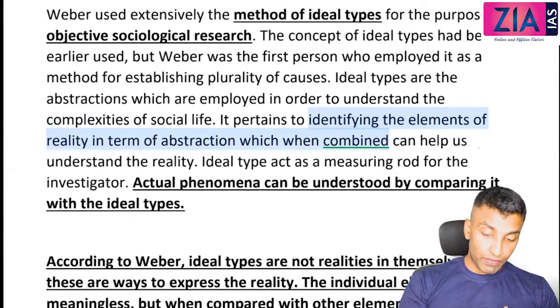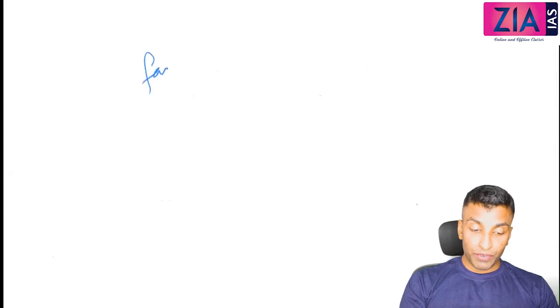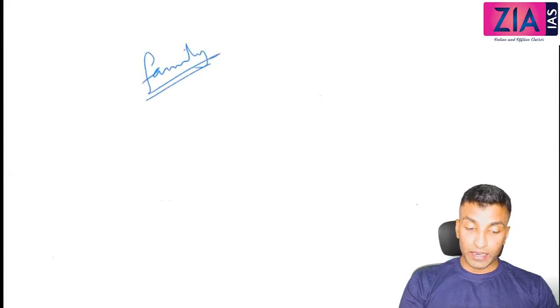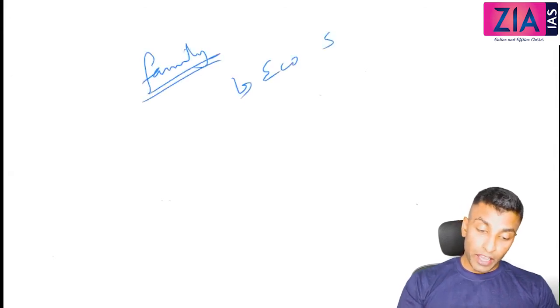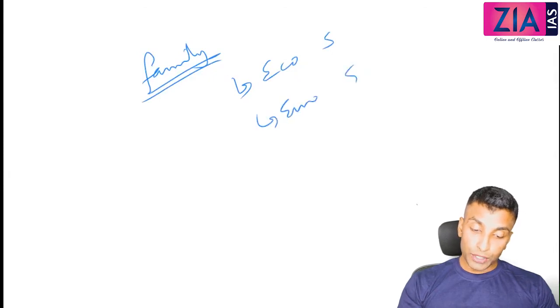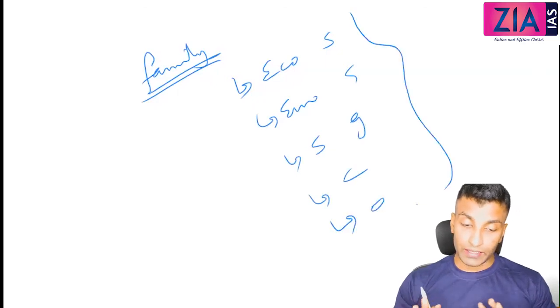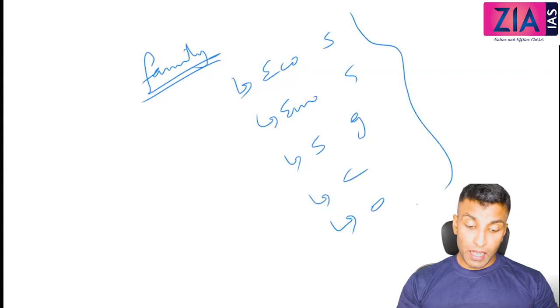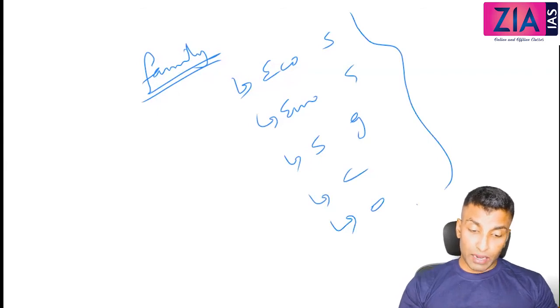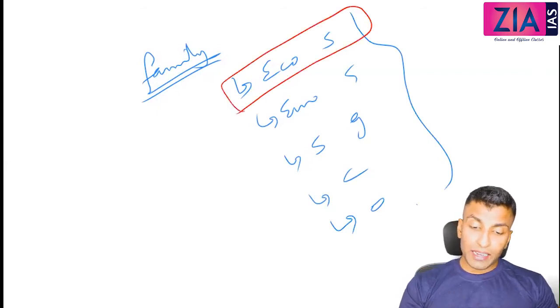You see, yesterday when we discussed family, we can talk about different elements, right? Economic security, emotional security, sexual gratification, and taking care of child, taking care of old. So all these are the regularities. All these are the ideal types. But if you see the individual elements, economic security, it is meaningless because this cannot tell you whether I'm talking about family,